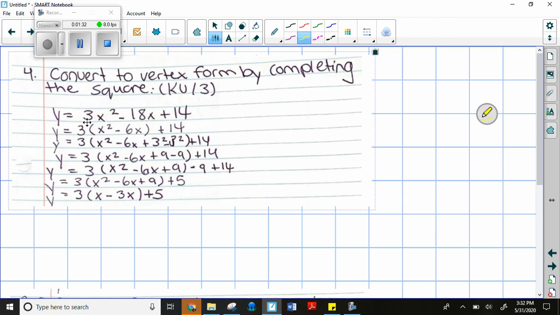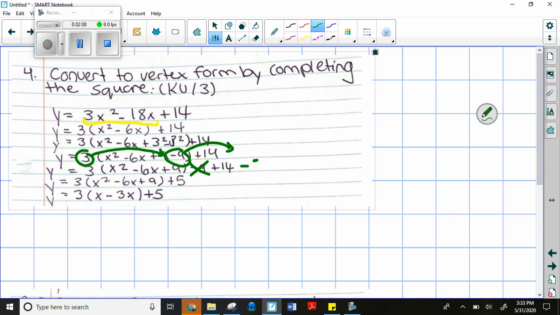Convert to vertex form by completing the square. First thing that you do is you factor out from those 2 values, and you did that, and then it would be -6. Then you split the 6 into 3 and 3, and they get squared. The positive ones first, the negative ones second. Love it. Then you kick out the -1. When you kick out the negative, it has to get multiplied by whatever values in front. So when that gets kicked out, instead of being a -9, it's going to be